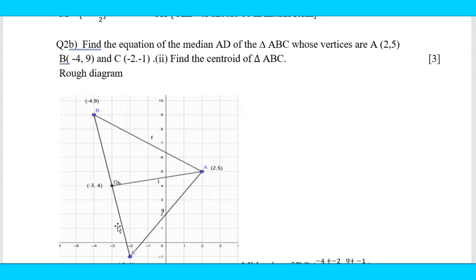And it is showing the triangle is like this. You have to find the equation of median. You know that median is the line segment joining one vertex to the midpoint of opposite side. So first of all, you have to find out the midpoint of BC. So if you found midpoint of BC correctly using midpoint formula,